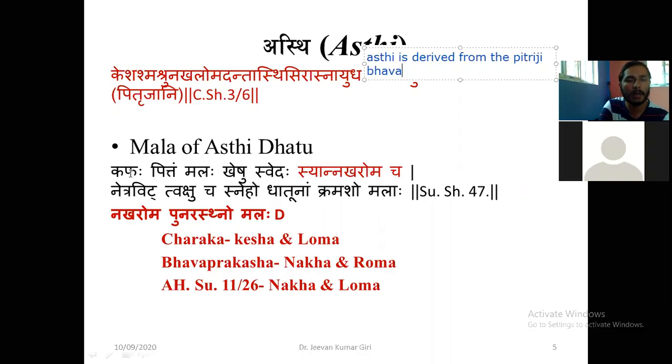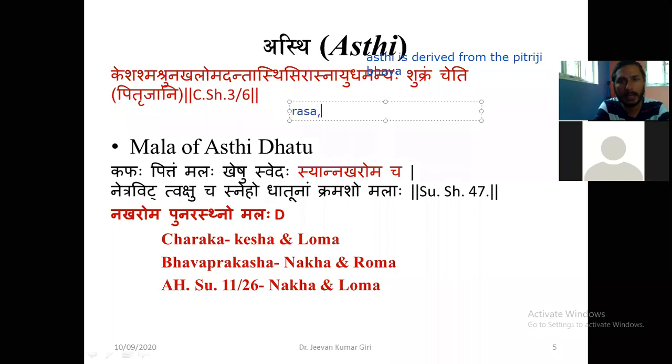Now see, this is the kapha. We have the first dhatu, rasa. Rasa, rakta, mamsa, medo, asthi, majja. So I will write here the names of the dhatus for you, in order. Rasa dhatu, rakta, mamsa, medo, asthi, majja. Okay, and next is the sukra. Just see here, they are the seven dhatus, and they have given the mala of the seven